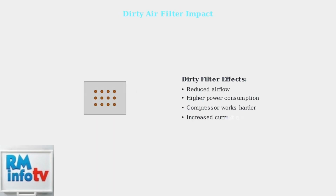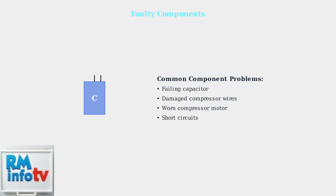A dirty air filter restricts airflow, forcing the compressor to work harder to maintain cooling. This increased workload draws more current and can push the unit over the circuit's capacity, triggering breaker trips. Internal component failures can cause excessive current draw. A failing capacitor, damaged compressor wires, or a worn compressor motor can all increase electrical consumption beyond normal limits, leading